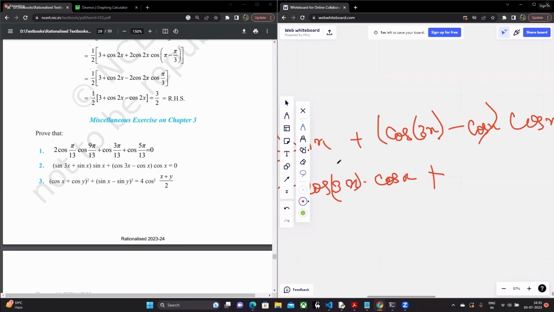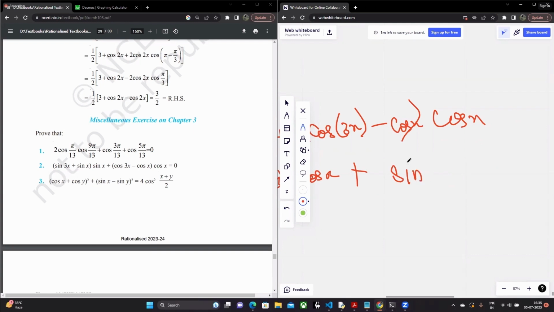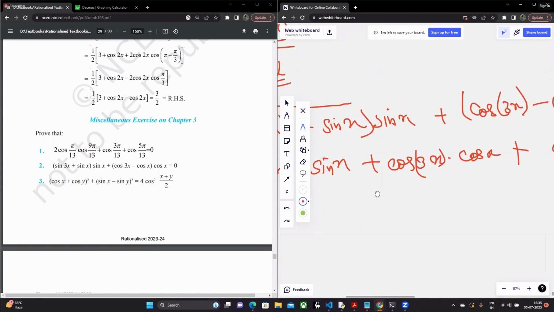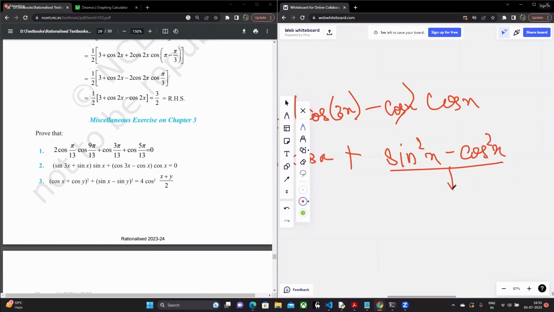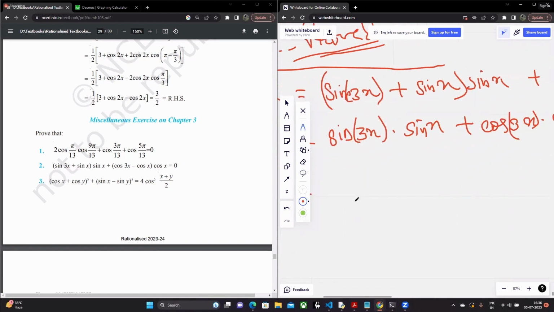plus, this is going to be sine squared x, minus cos squared x, right? Remember that I've told you already what this is. This is basically minus of cos of 2x, right? So this is equal to